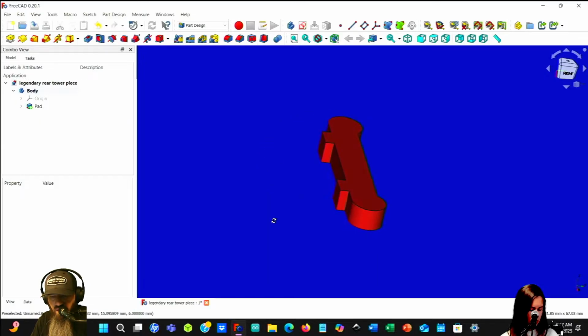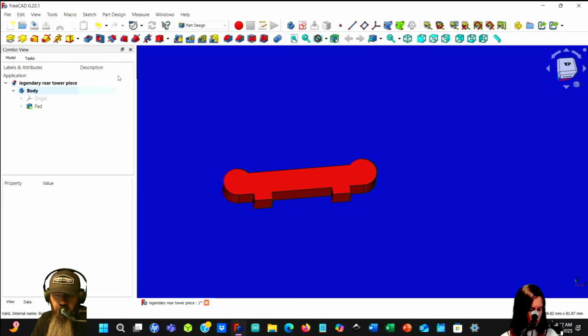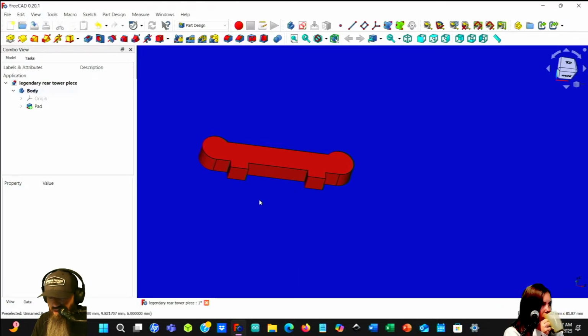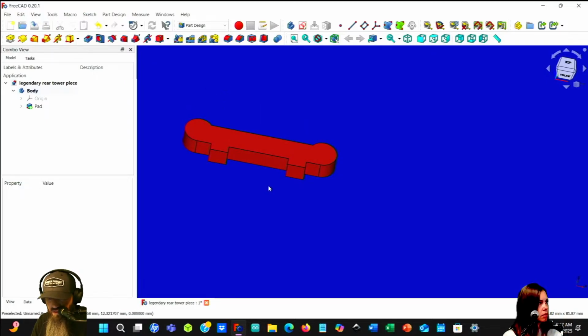We won't worry about filleting or chamfering right now. We'll just leave it like that. Now I need to round these edges, and I need to put 5 holes in it. Okay, so let's do the holes first, I guess.